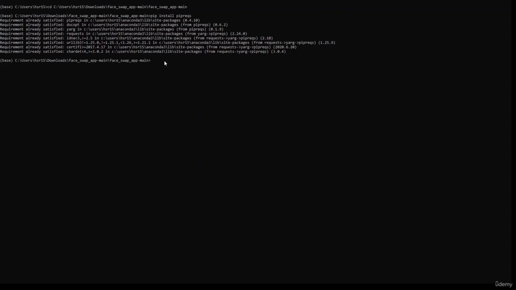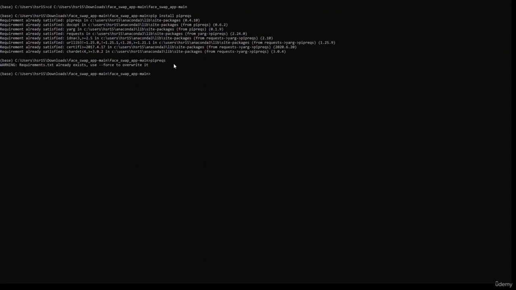Now we will make that requirements file using pipreqs. So this command will create a requirements file in my folder which will contain the requirements, that is all the libraries that are required to run this project. I have already shown you that I have created that file and it contains all the libraries that are required for my app. So it's giving me a warning that the file is already existing.